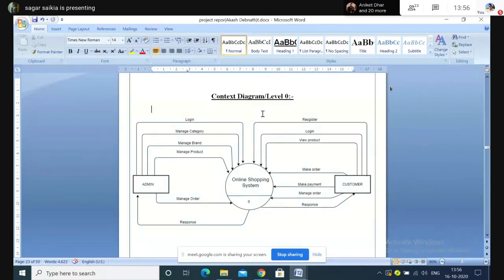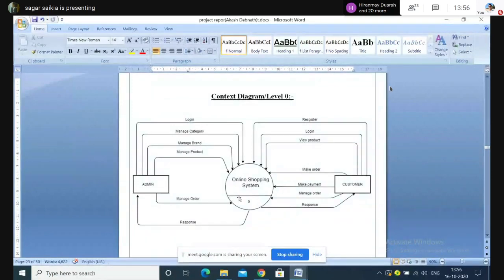So let's say this is the context diagram process. This is named the first process. That means in the context diagram, this process is named after the system. If your project name is online shopping system, it will be named accordingly. If someone is doing a railway reservation system, then it will be railway reservation system.